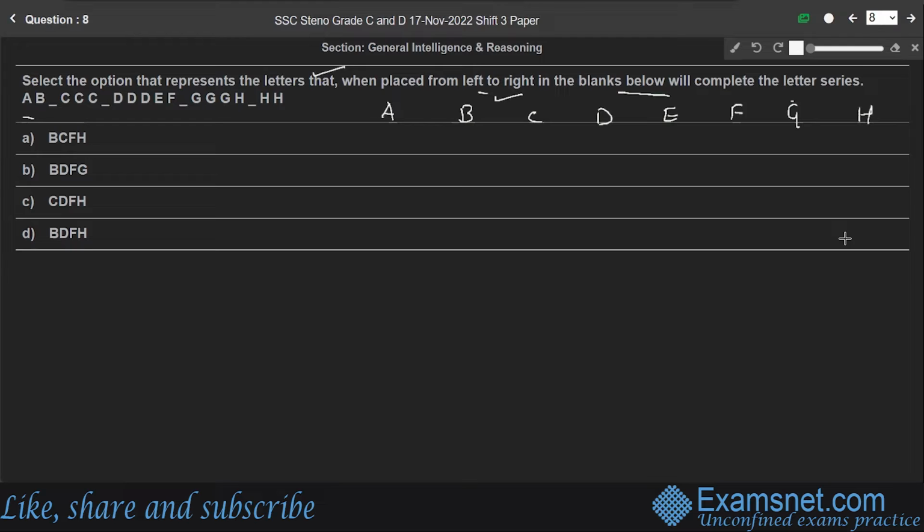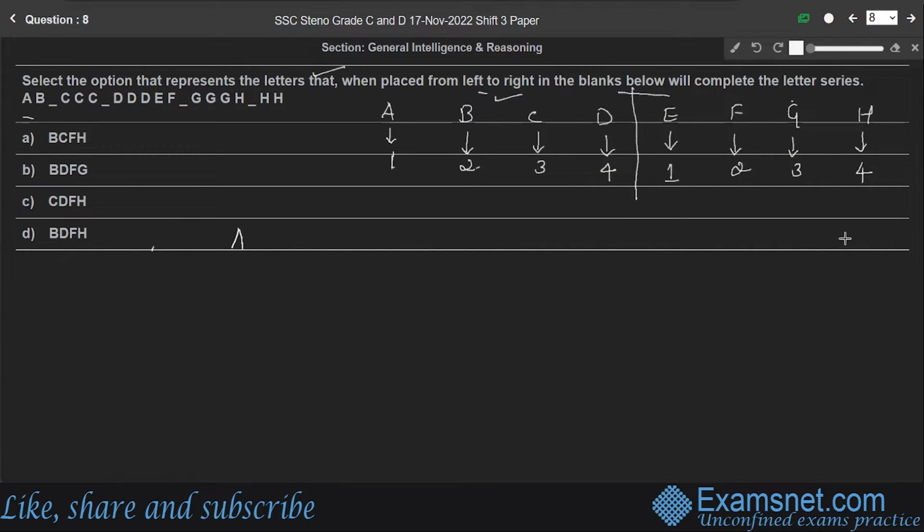The letter A is written only once, right? The second letter should be written twice, and the third letter should be written thrice. The fourth letter should be written 4 times, right? For the remaining 4 letters, the same rule will be followed. So E should be written only once, F twice, G thrice, and H 4 times, right? If we write in such a way, the given series becomes so